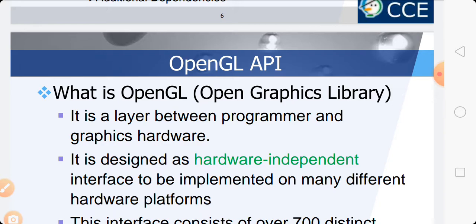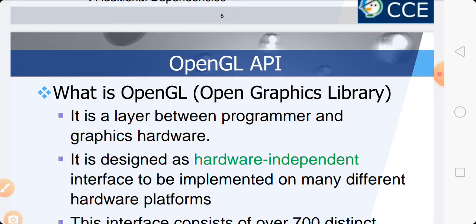It is designed as a hardware independent interface to be implemented on many hardware platforms, meaning it is a totally platform independent device.